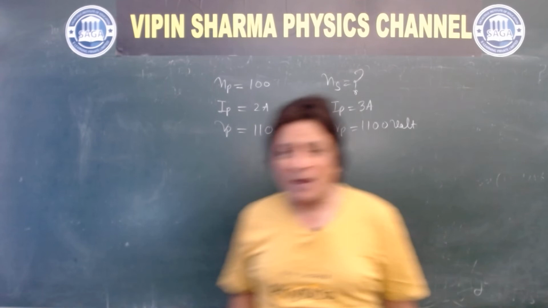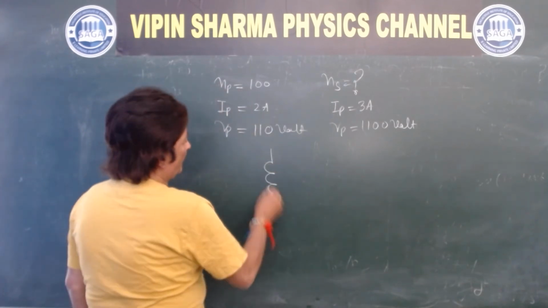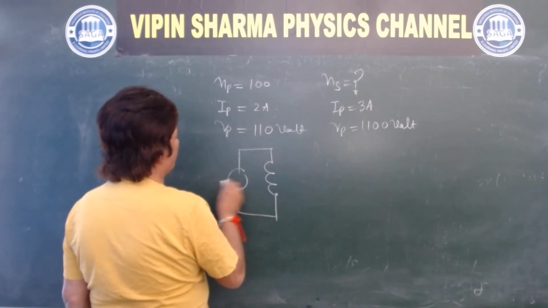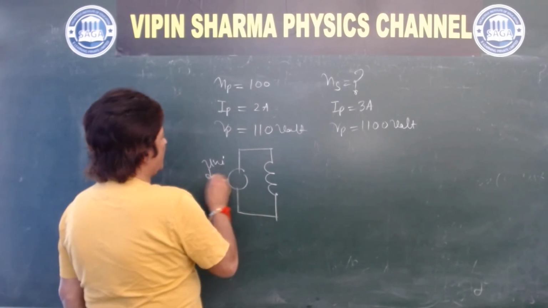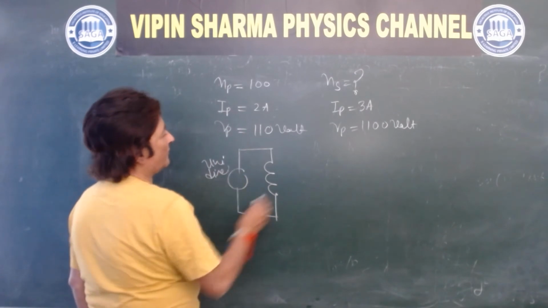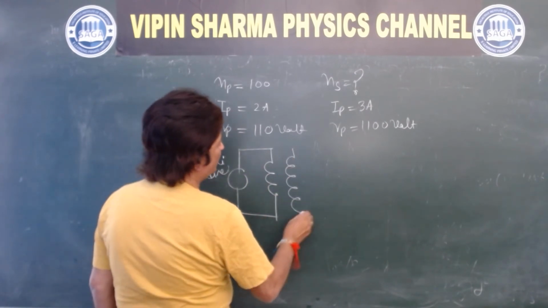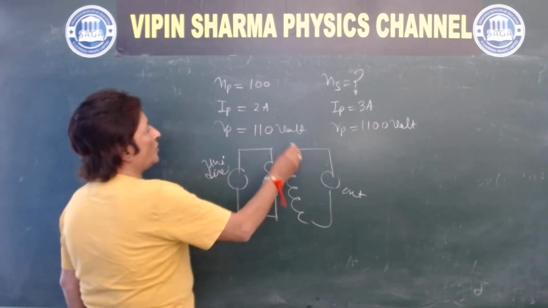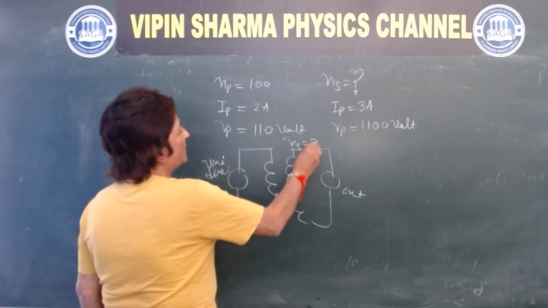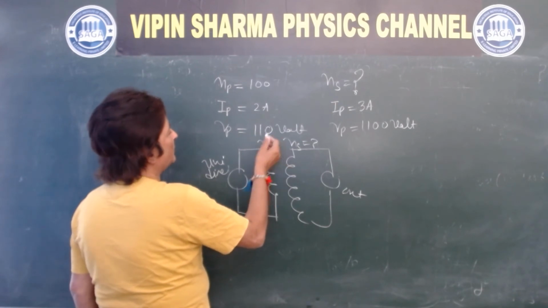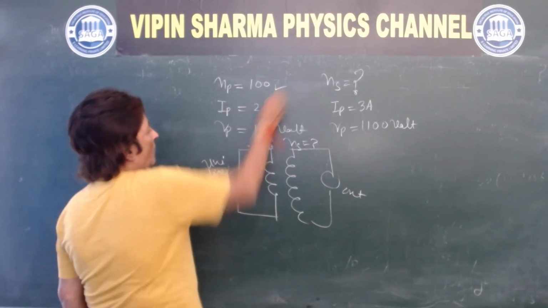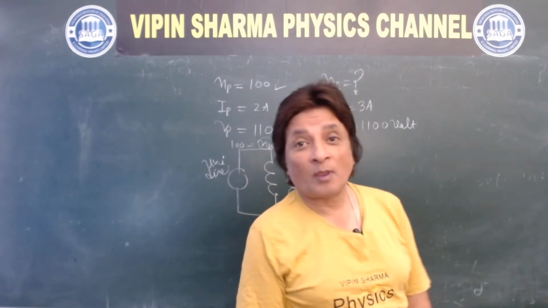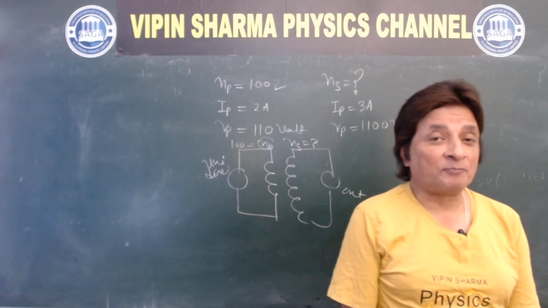Now, the primary is connected to a unidirectional source of current, and the secondary is there for output. So what should be the number of turns in the secondary, and the primary is already mentioned, 100. Now students, you will be using the concept of the transformer